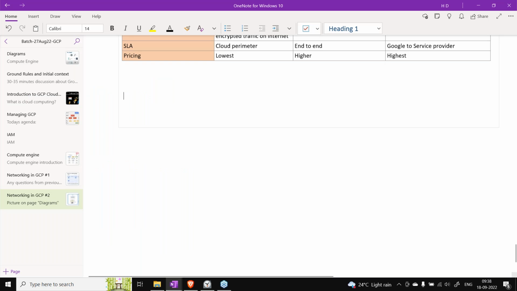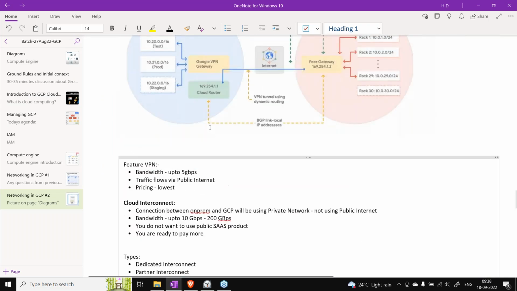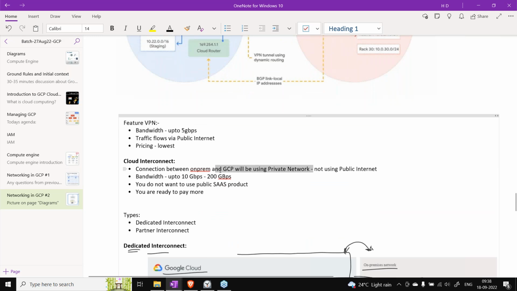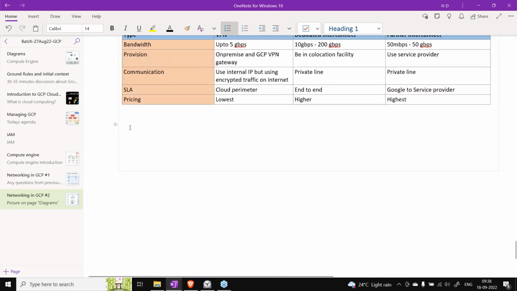Since we discussed that this goes on the private network and we do not want to use any SaaS products, there is another option called cloud peering. It's not VPC peering, don't confuse it with VPC peering.